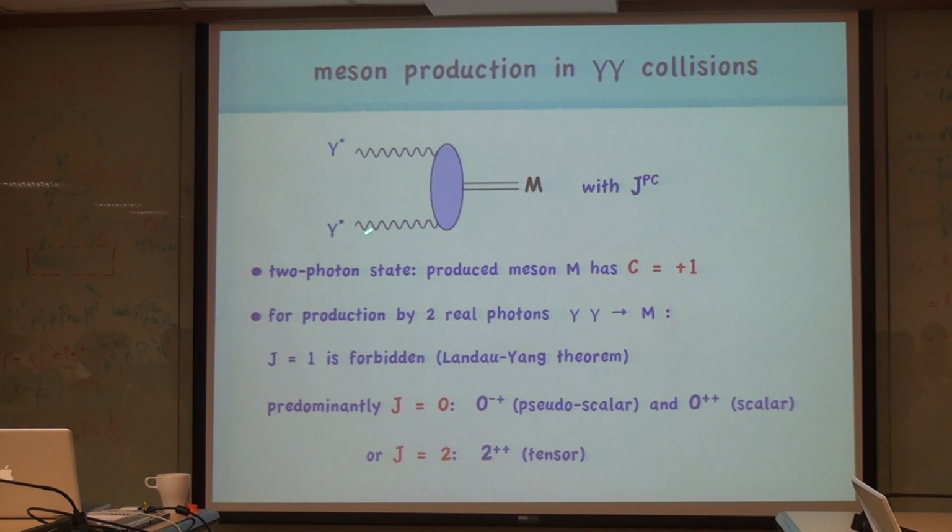Two real photons are an indistinguishable state, and you can see that if you couple two of these states to a spin 1, there will be a Clebsch-Gordan coefficient which basically will give you 0. So in the end, if you have real photons, there is no angular momentum 1, so only angular momentum 0, J, and positive C parity, or angular momentum